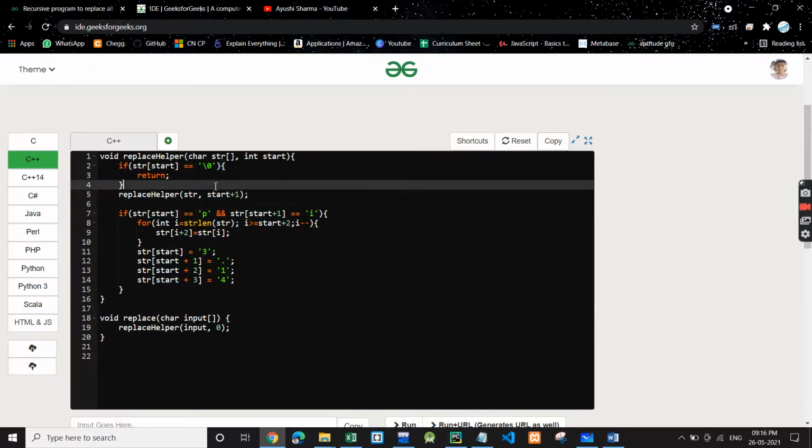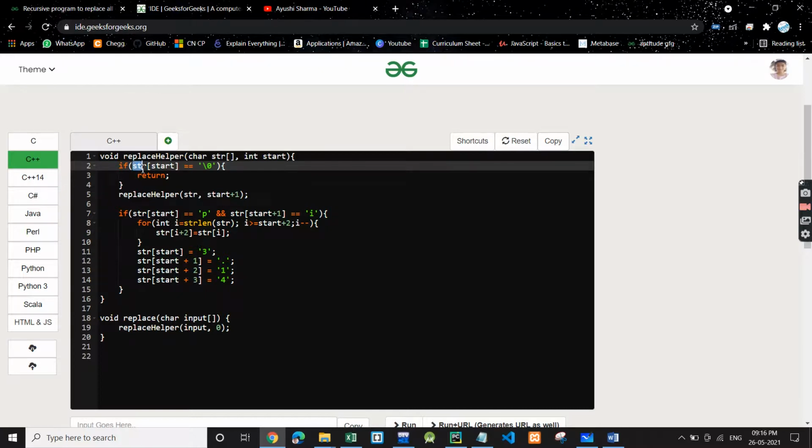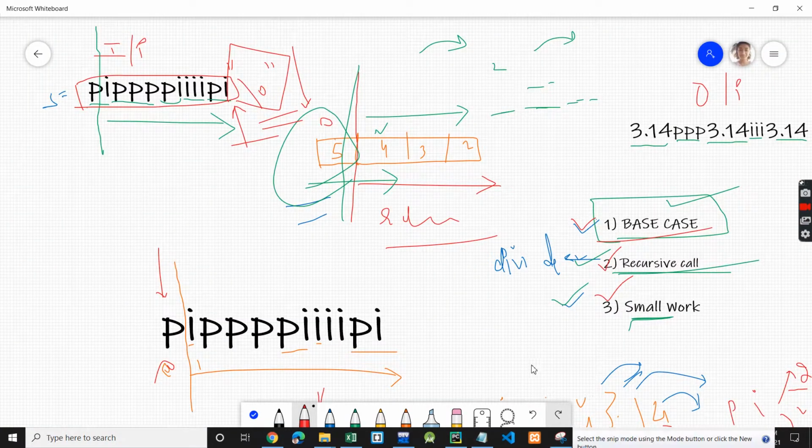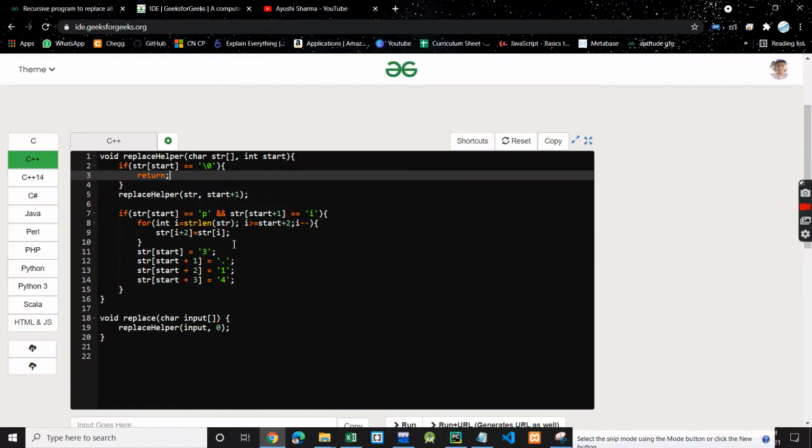So this is a base case, right? If at the start we have the null character, then just return. Suppose we are given an empty string in the input. In an empty string, at the starting only we'll have the null character. So if the 0th index is null character, just return.